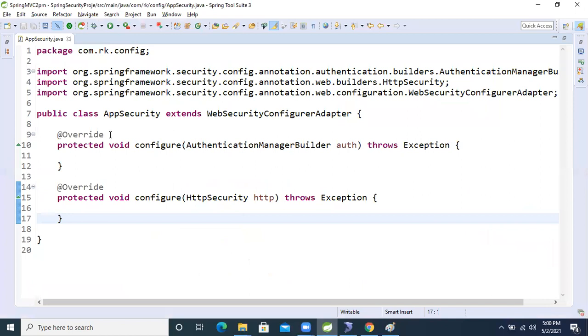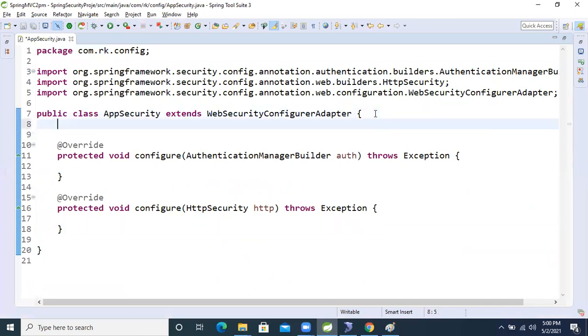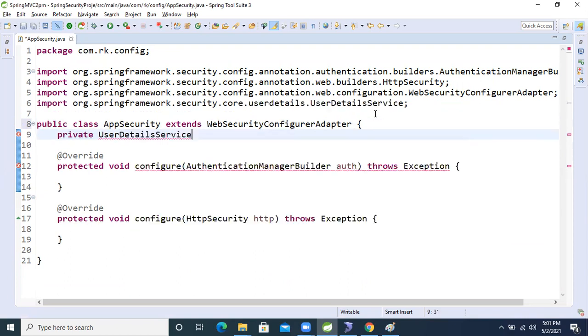So what we will do now: private UserDetailsService, I'm taking that one, and make this one @Autowired.